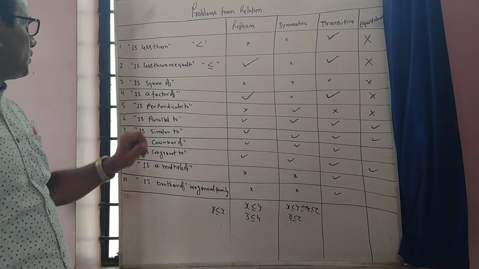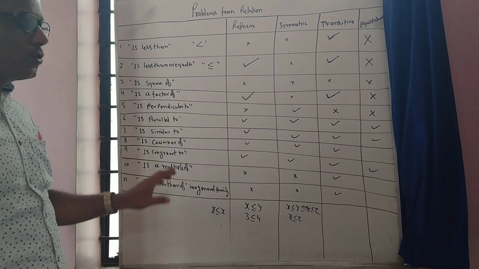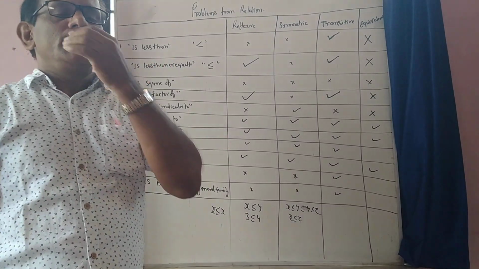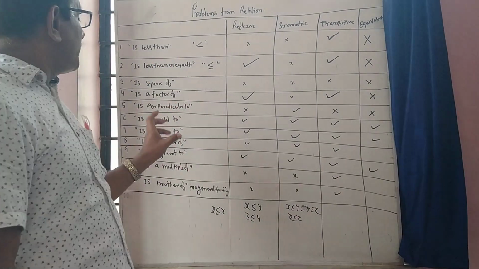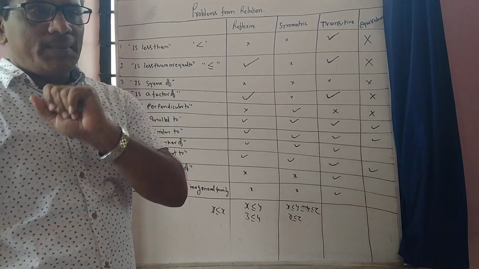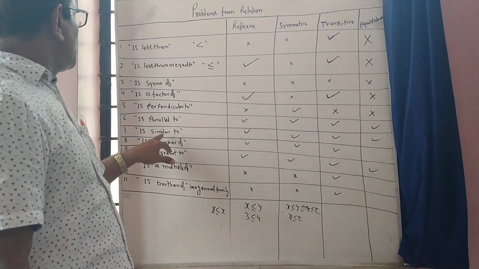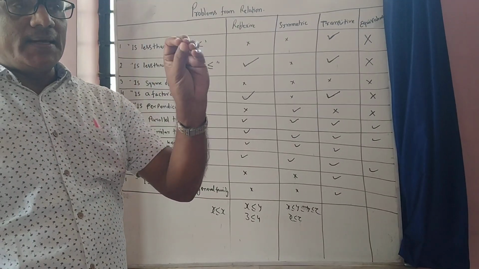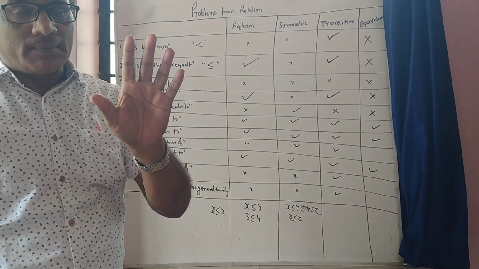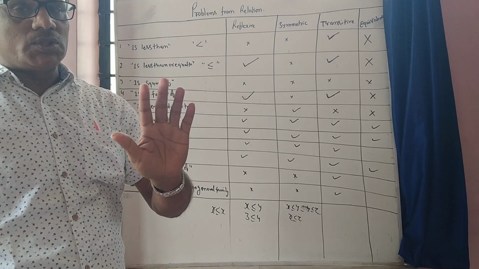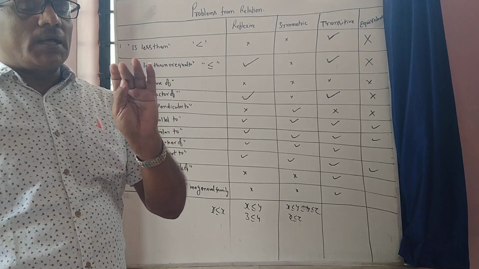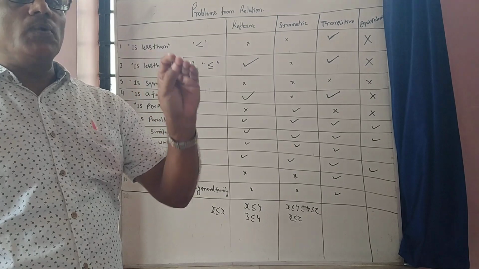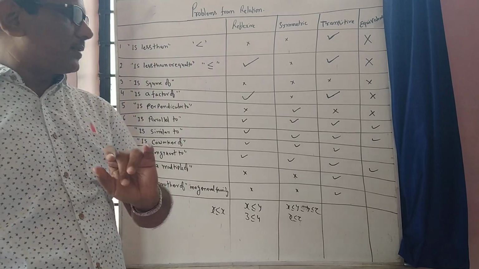Coming to the similar to relation. The similar to relation and the congruent to relation hold in geometry with the set of triangles in a plane. Take any arbitrary triangle in a plane. You have to use the word arbitrary for reflexive. In books the word arbitrary is not used, but you must use the word arbitrary for reflexive and only reflexive. Don't use it for symmetric and transitive.